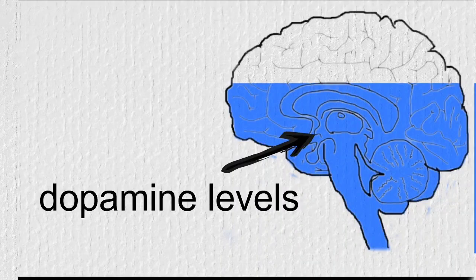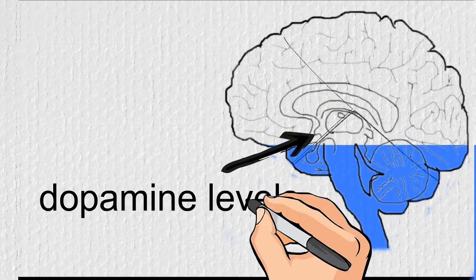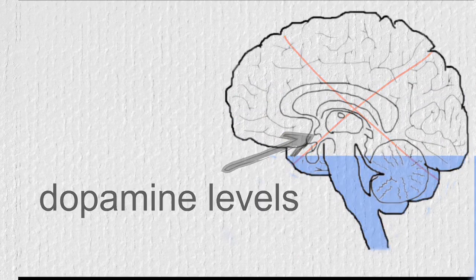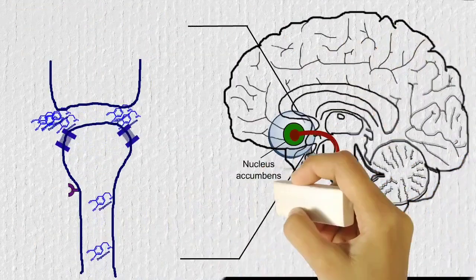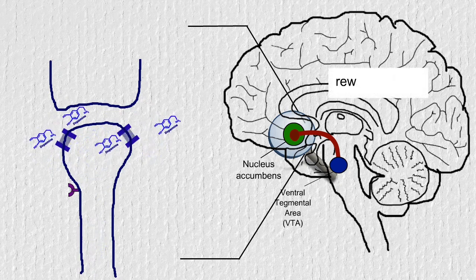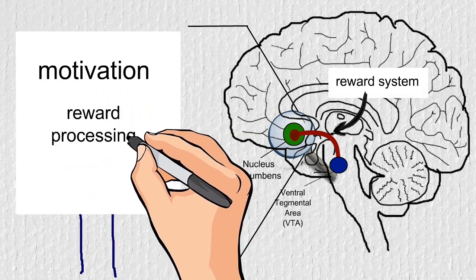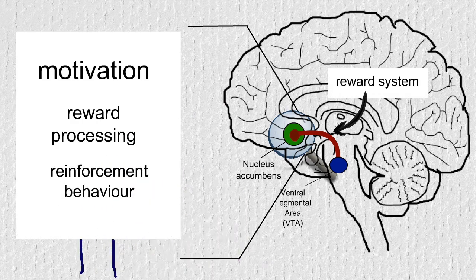While it's common to hear that ADHD is simply about lacking dopamine, the reality is far more complex. In this video, we will look into the neurobiological mechanisms underlying ADHD to see how dopamine pathways, particularly the reward system, function differently in terms of motivation, reward processing, and reinforcement behavior,